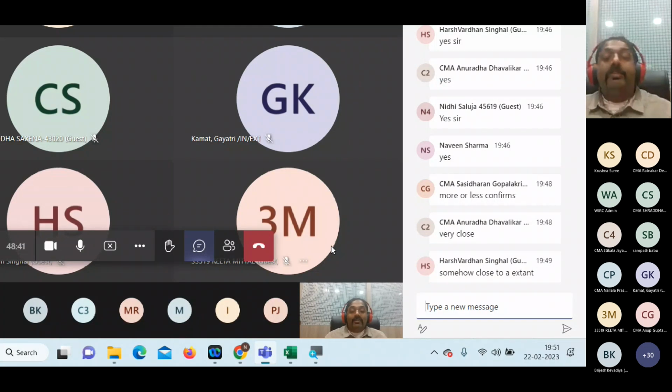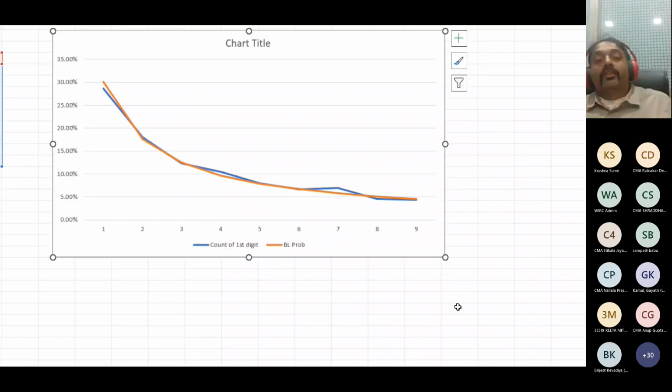Right now, what is this? This is a downward sloping curve which is convex to the origin. You can say the same about both the curves. Benford's law is definitely that way. It is downward sloping from left to right and it is convex to the origin. But even the actual count of first digit curve is also going in that direction. I think it is primarily downward sloping